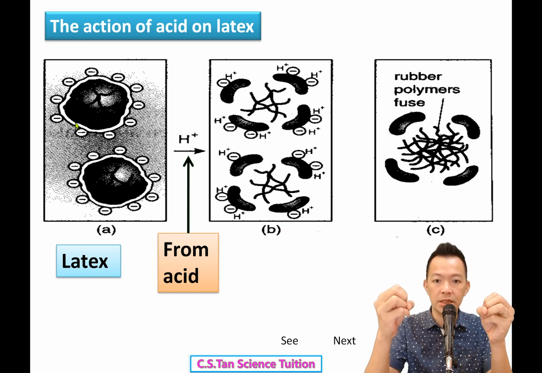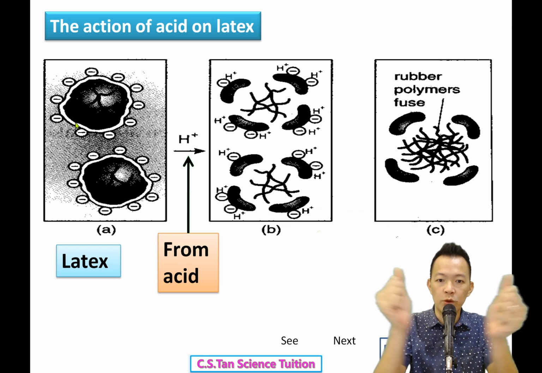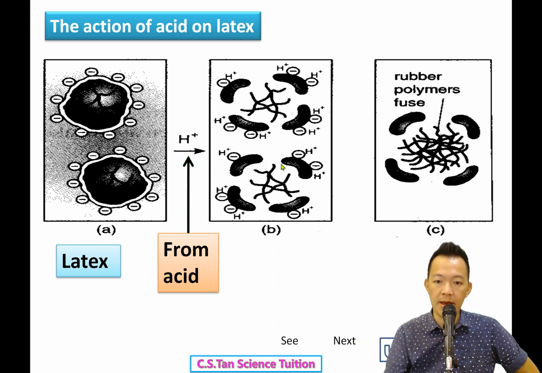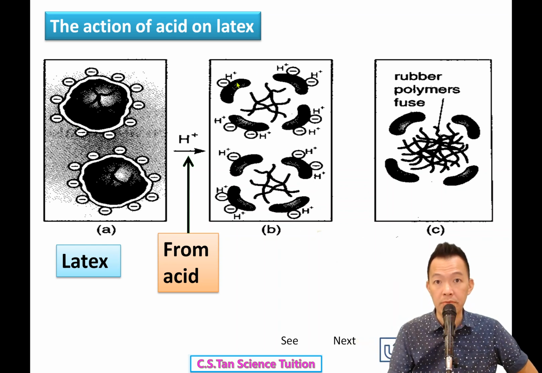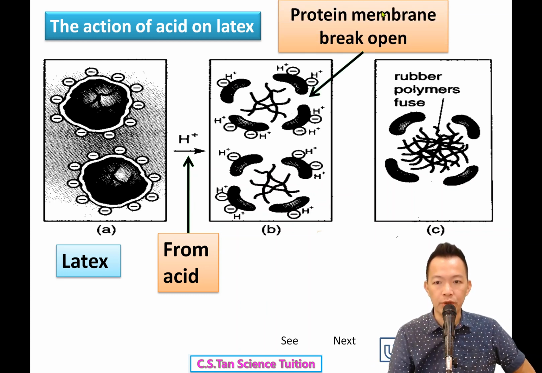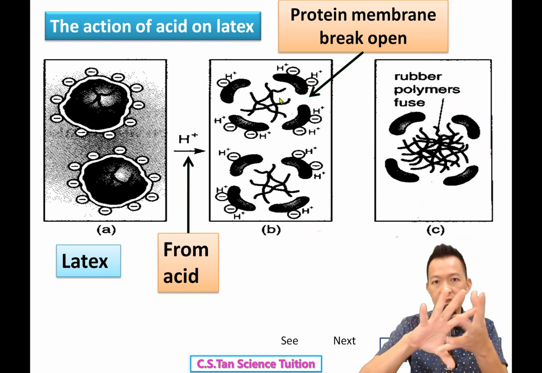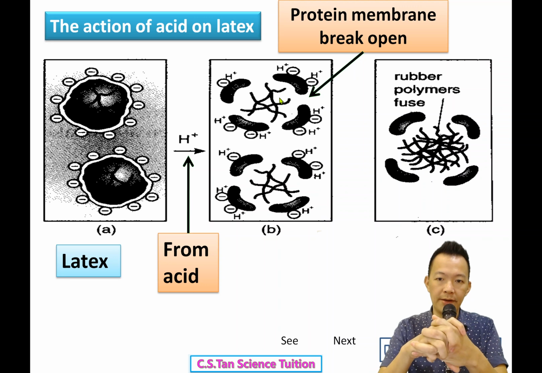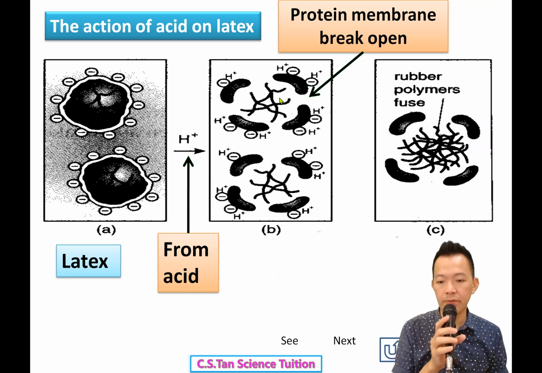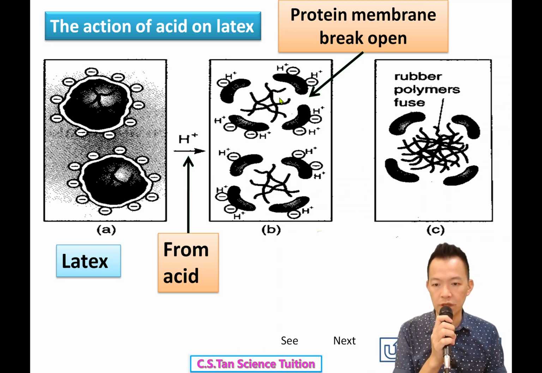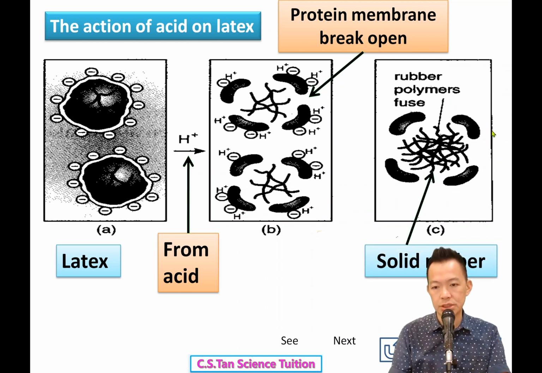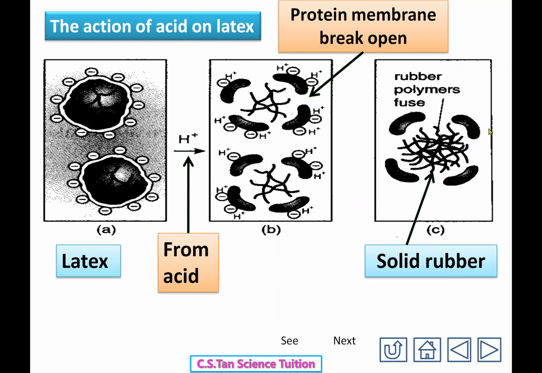So when the protein membrane become neutral, they not repel one another. 它们不再排斥了，对不对？So they collide, 它们互相相撞。They collide with one another, and finally the protein membrane break open. 那一层膜呢就打开去了。Okay, so protein membrane break open, 它打开了。Okay, and when the protein membrane break open, what happened to the rubber polymer? The rubber polymer, they will fuse together, 缠在一起。They join together, okay, they clump together, and finally become the solid rubber 啦，就变成了固体的橡胶。